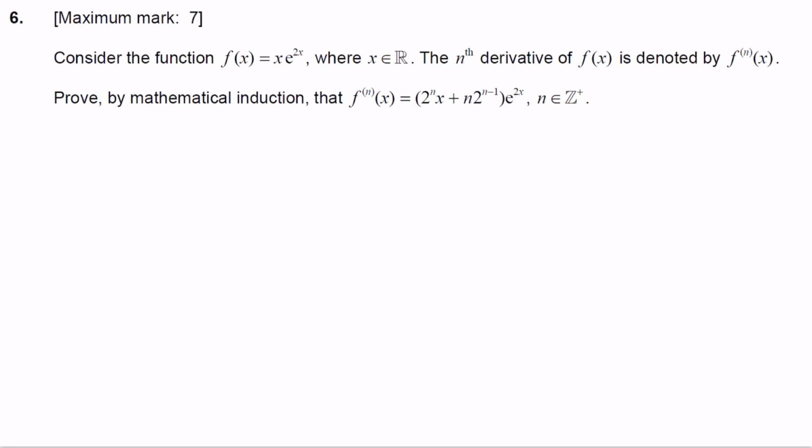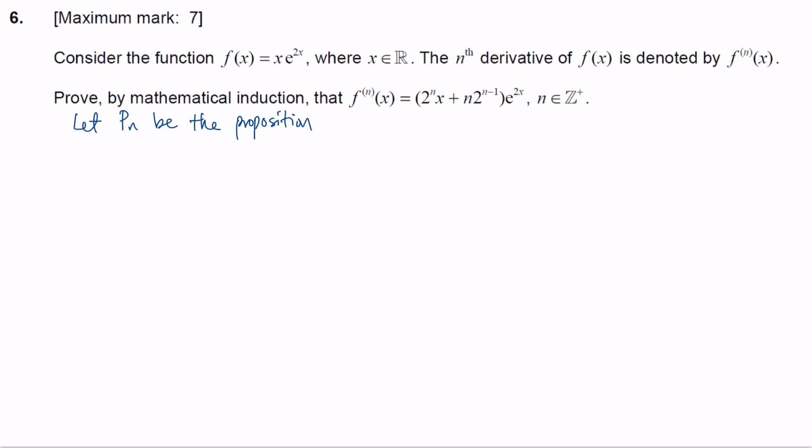Question 6. Consider the function f(x) equals x e to the power of 2x. Prove by mathematical induction that the nth derivative is 2 to the power of n x plus n times 2 to the power of n minus 1, e to the power of 2x. So let's state our proposition first. Let P(n) be the proposition